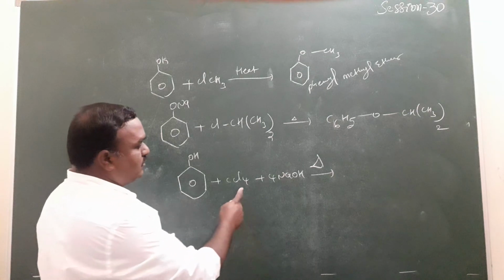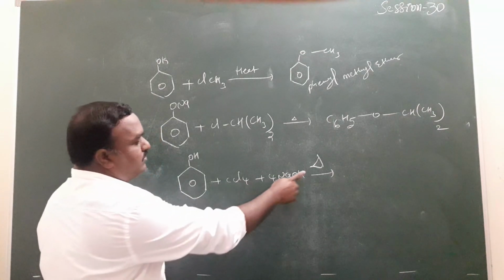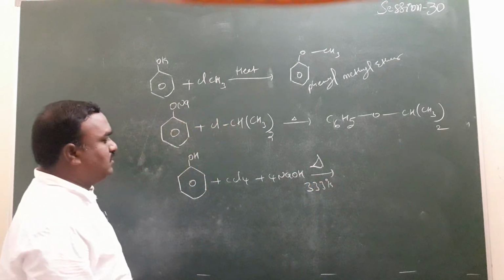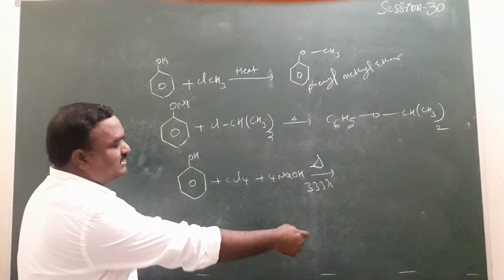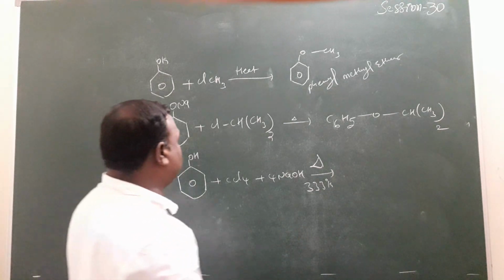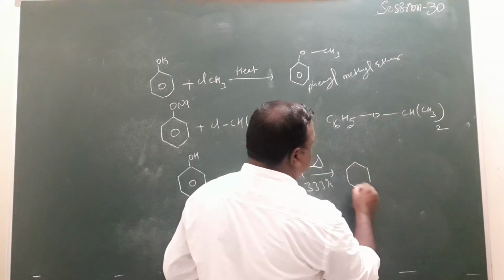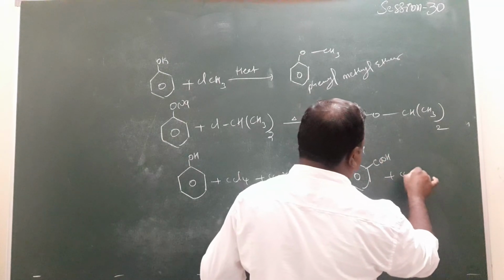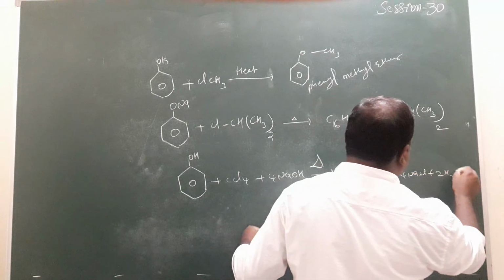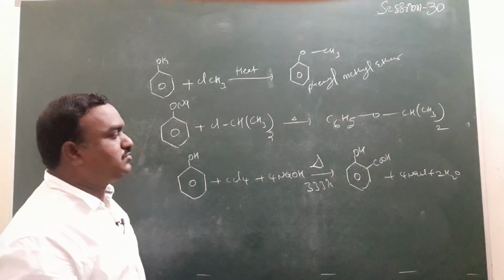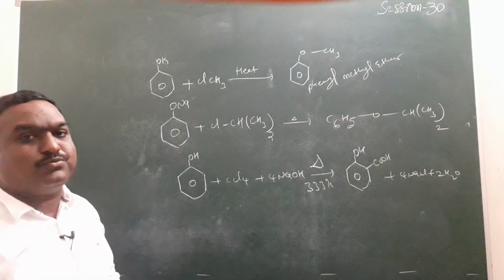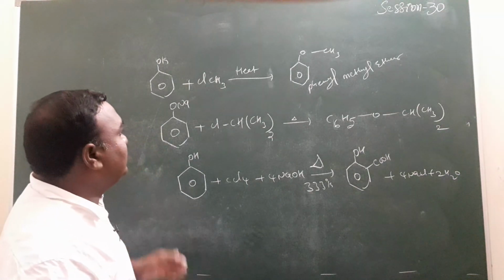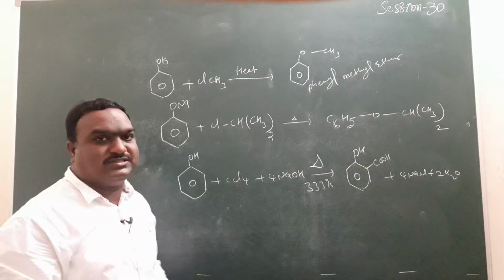Isopropyl phenyl ether. 4 moles of NaOH is given, with carbon tetrachloride. The temperature is 333 Kelvin. So what type of reaction? Already we have discussed that one, a Reimer-Tiemann reaction here. So it forms the compound with OH here and COOH, benzoic acid is formed here. The para-hydroxybenzoic acid is also formed in a very poor amount of yield. Poor means a less amount of yield is formed here. This is the way to write the products wherever the reaction is given.